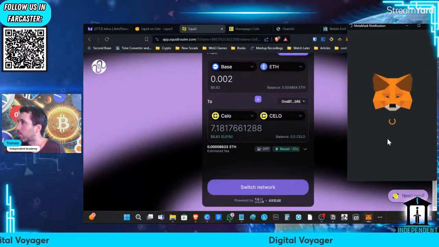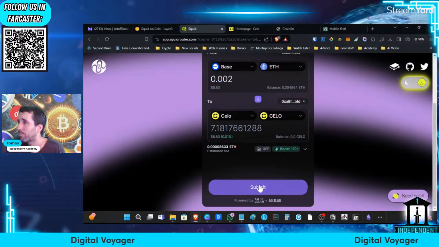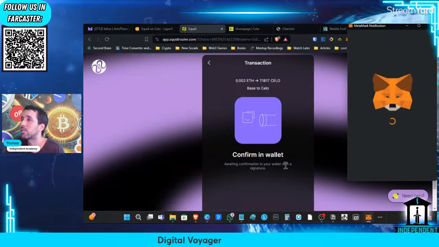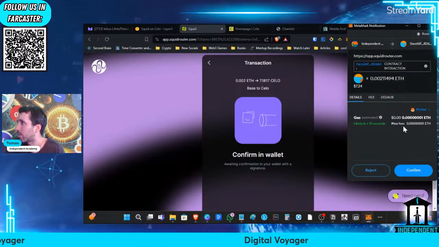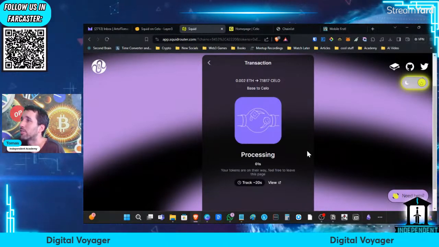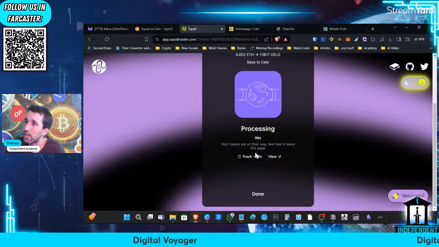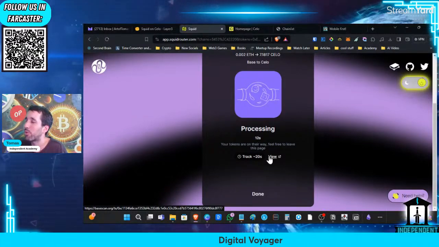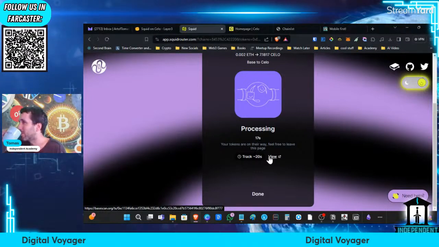We're going to switch the network because we need to be on the Base blockchain to be able to start this transaction. We're going to submit. You'll also notice how quick it is to bridge assets from chain to chain. Our gas fee is literally $0. And all right, so it's been sent. Now it says here that it should take 20 seconds. So let's test it in real time and put Squid router to see whether or not its claim is real.